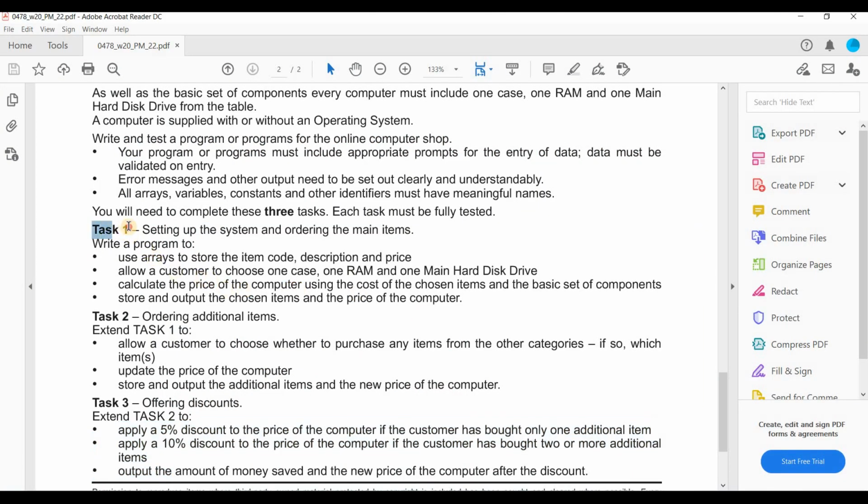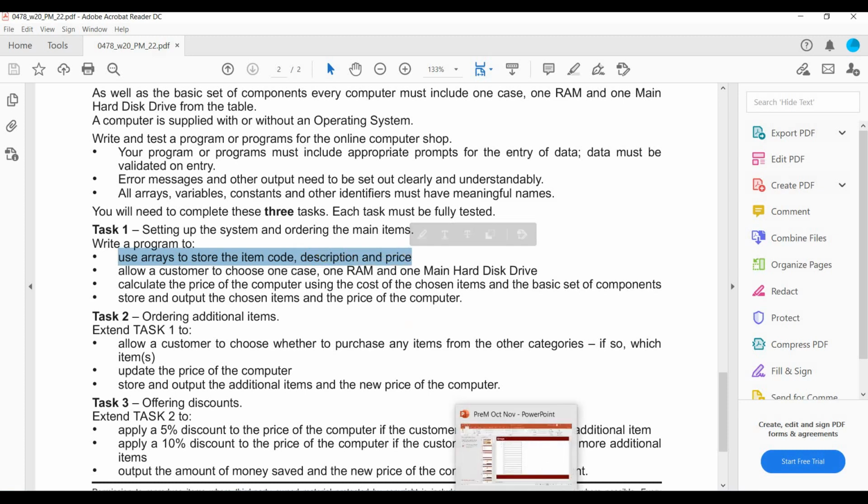In task number 1, set up the system and order the main items. Write a program to use arrays to store the item code, descriptions, and price.